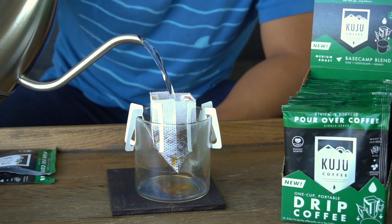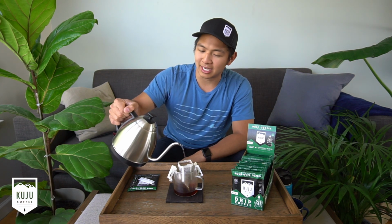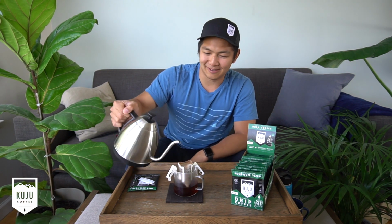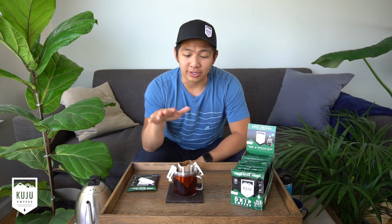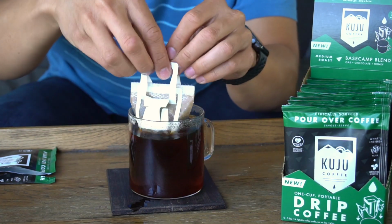Let it drip through and repeat until you get about 8 to 12 ounces of coffee. It should take about 1 to 2 minutes. Once you've poured enough water to fill up your cup, if you can brew about 8 to 12 ounces depending how strong you like your coffee, you can let your filter sit in the mug for a little bit for a stronger cup. Once you're done, you could pull up the anchors, bring it up to the top like so,